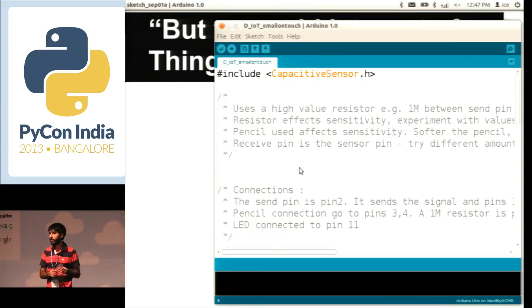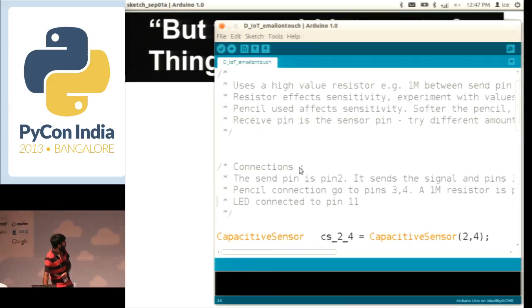The wonderful thing about the Arduino community is that it has a lot of libraries. Again, in order to implement this piece of example, I really do not need to author a lot of code. I can simply make use of the capacitive sensor library that is available. Rushing you quickly through the code,